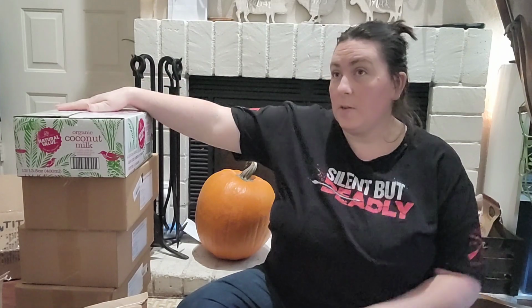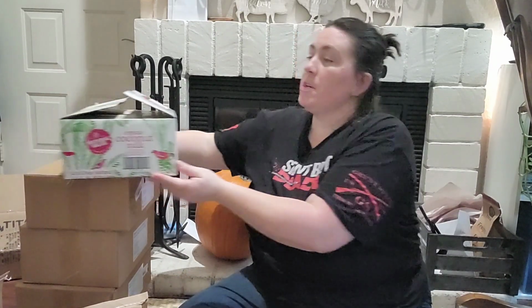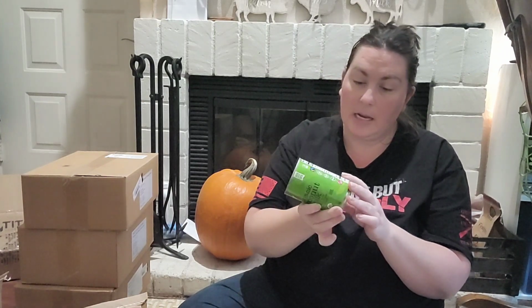So next thing we're going to do is go through this fun stack of boxes, and I'm really excited about trying these out. This first one is organic coconut milk, and we've been adding it when doing curry and the squash soups. We use a lot of this coconut milk up. What I liked about this one is that it is